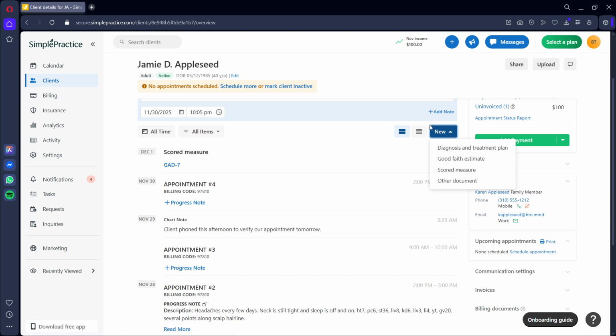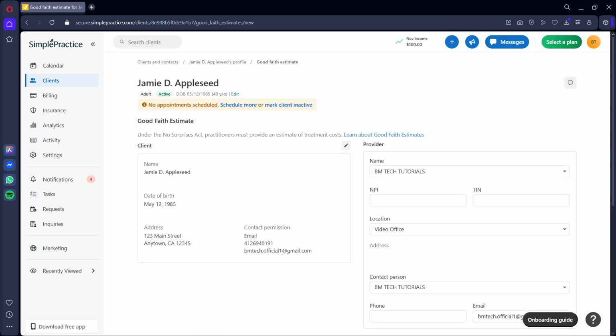Next, complete the required fields. Begin with the client's name and date of birth, making sure they match your records exactly. Then enter your provider information, including your name, NPI, tax ID, and office location. It's important to use the official details you bill under so the estimate aligns with your practice information and any